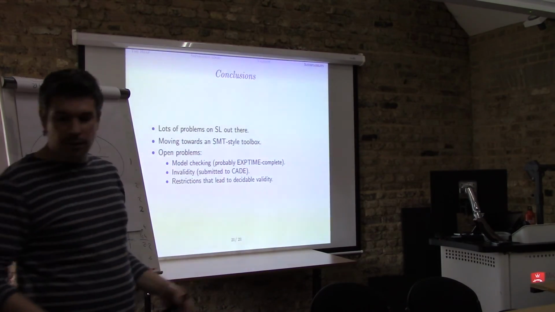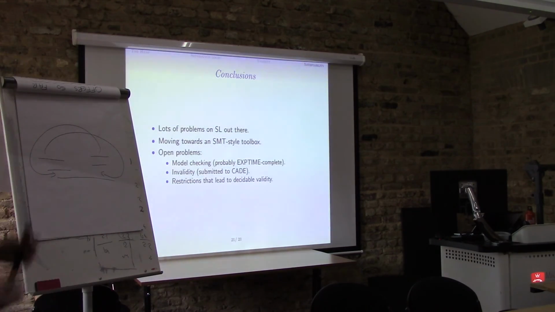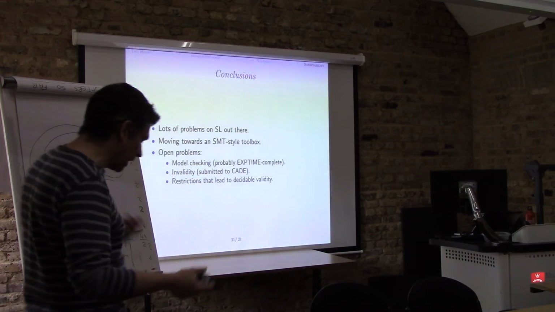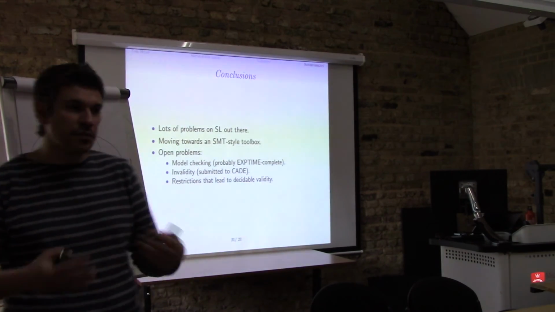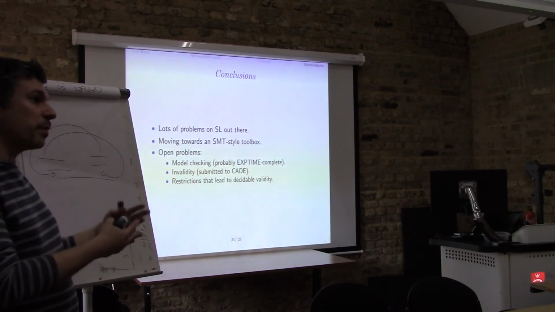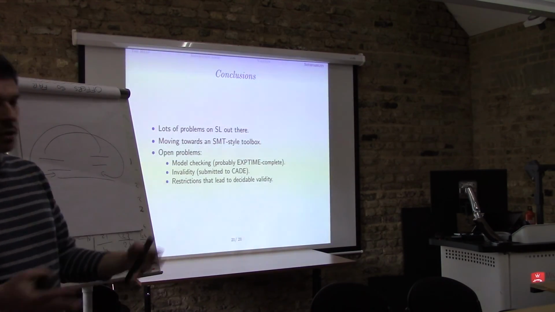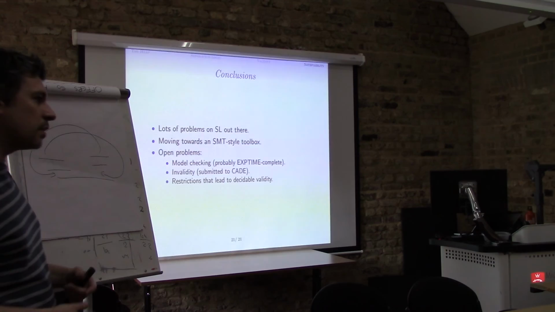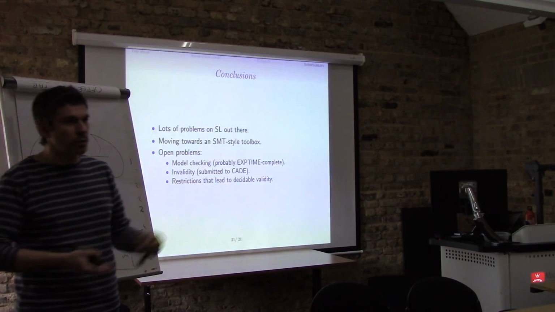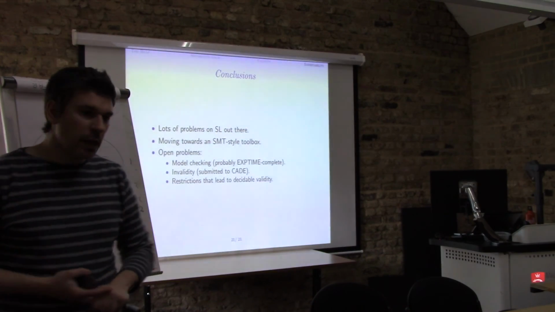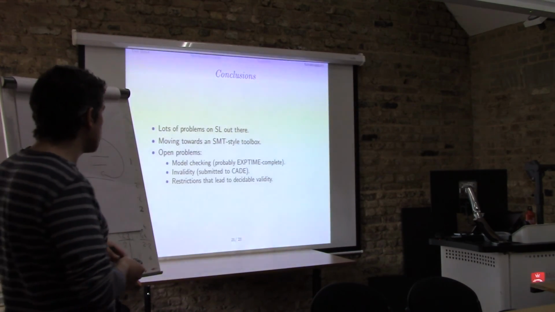If you're not familiar, SMT means satisfiability modulo theories, which has been an extremely successful theorem proving method for first-order extensions, and people just use them as black boxes nowadays, the tools that do SMT proof. And it seems like that separation